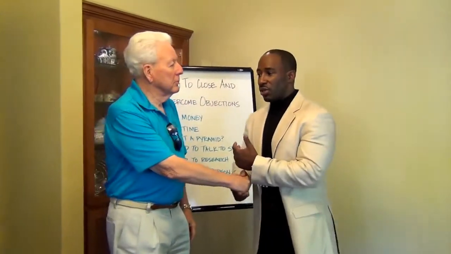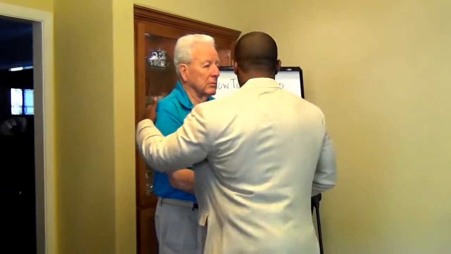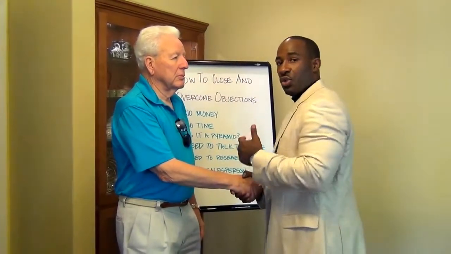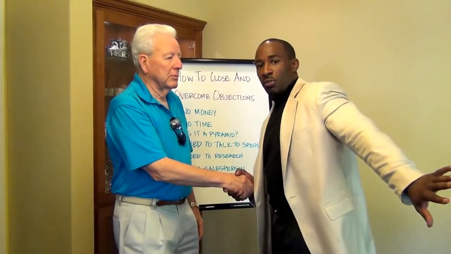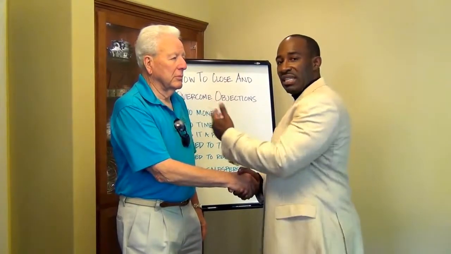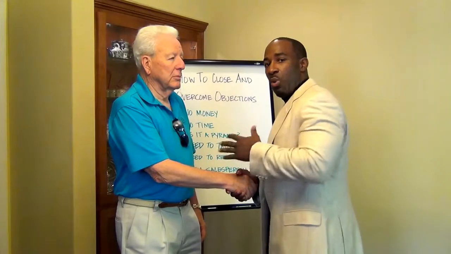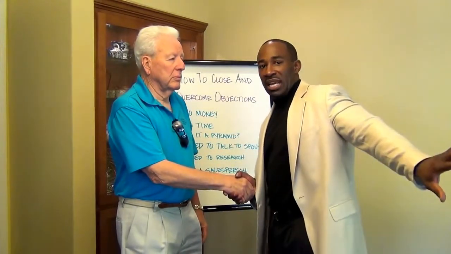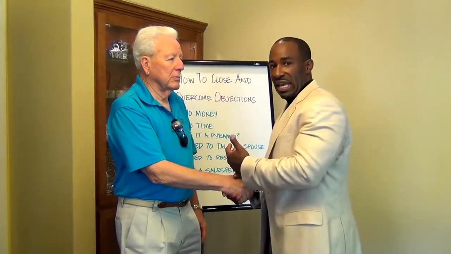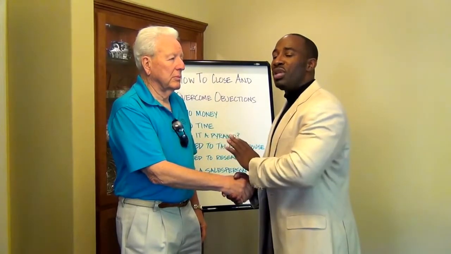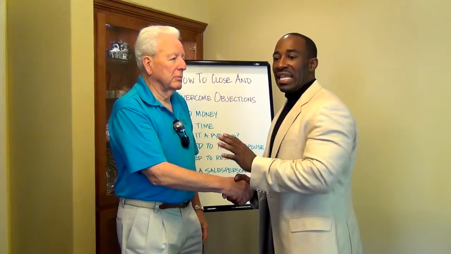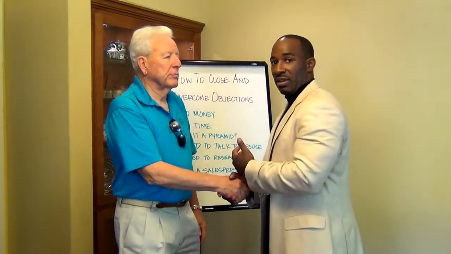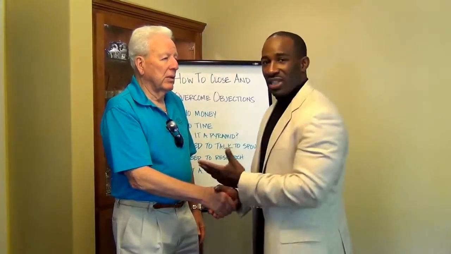And if you notice here, what I typically do is I make sure that my back is to the audience, to the group. Because I don't know what this guy is getting ready to say to me, but I want to shield my prospect from everyone else that's at the meeting. One of the things that you never want to do is answer questions at the end of a meeting publicly. Answer all questions privately. Okay? All right? So, you guys notice what I just did?